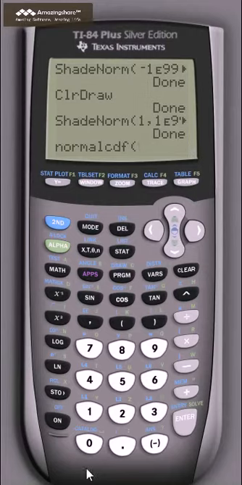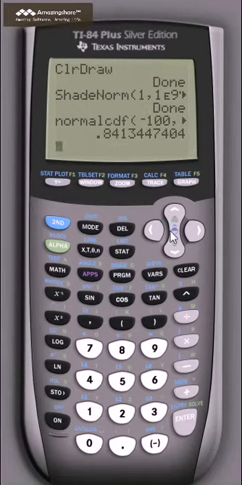So let's recreate what we just did. A lower bound of, we could use negative 100 standard deviations. That's a good approximation. To an upper bound of 1 with a mean of 0 and a standard deviation of 1. That gives us an area of 0.8413447. Slightly different in the